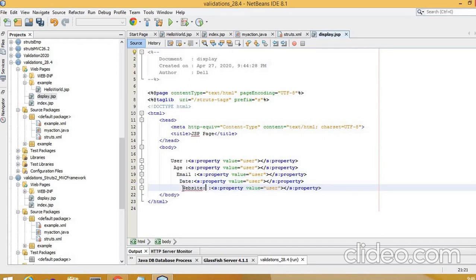So I'll just put the values also like this. Value for age is this, value for email, and then add date, then add the website.